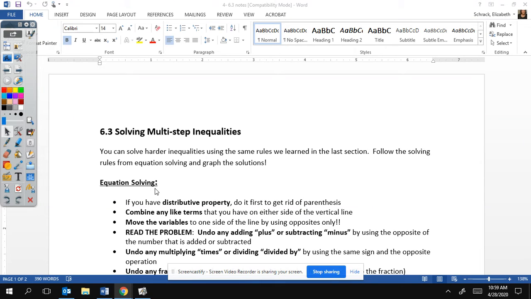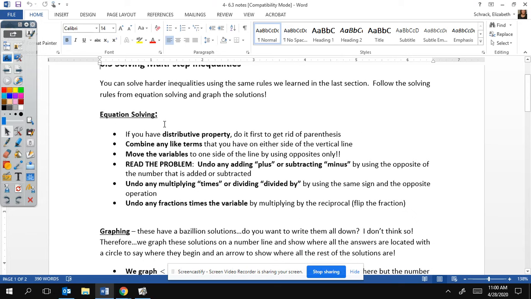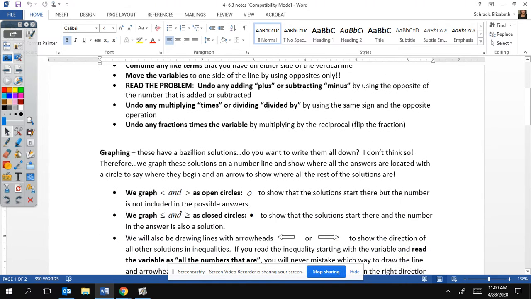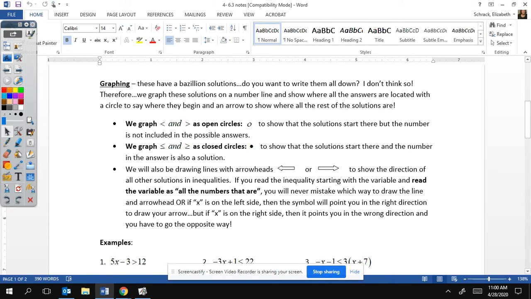Okay, we are going to continue with Chapter 6 notes today, solving multi-step inequalities. So what we're doing today is we are combining what we talked about in Chapter 3 with equation solving, those equation solving steps. Distribute first, combine like terms if they're on one side of the equal sign, move any variables to one side by using opposites, undo any addition or subtraction, then undo any multiplication or division, and then undo any fractions. We're going to be combining that equation solving properties with the new things from Chapter 6, which is